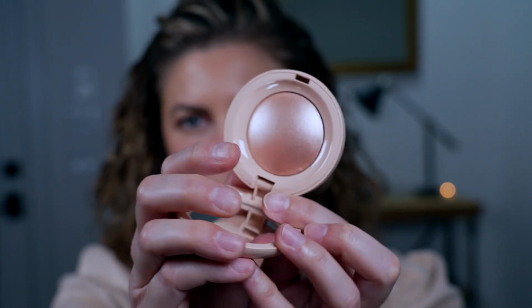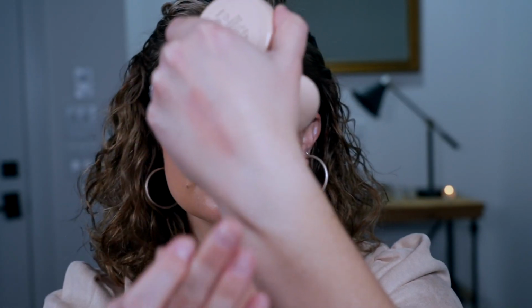I have hooded lids, so I open my eyes and you really can't see my lids, but then I close my eyes and it's dark, which is fun. So in the same package of my Rare Beauty package, they sent me these. I tried the lighter one and it was really, really beautiful. I'll do a whole video on them, but I want to try this one. This is kind of like the rose shade, and you can see here what that looks like. And then I'll put it,